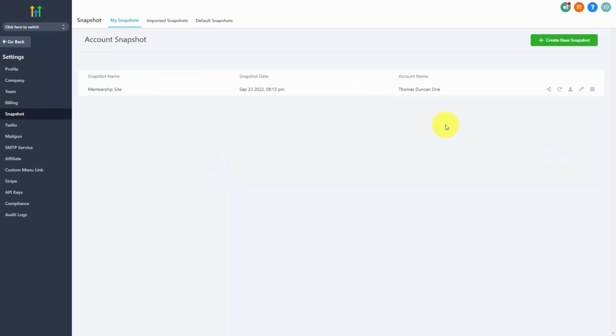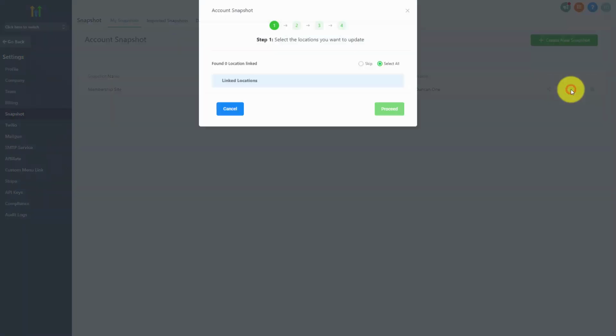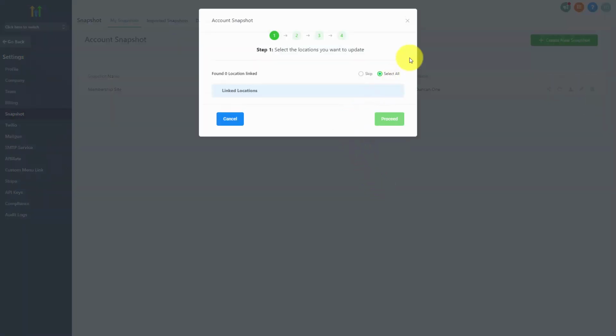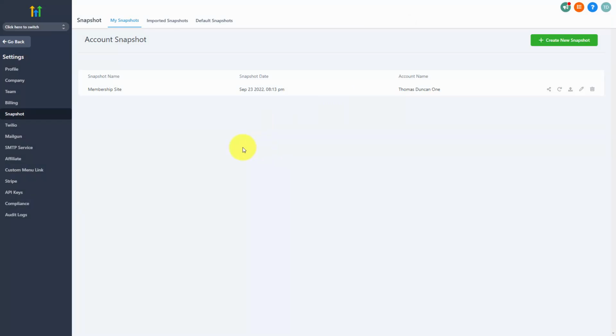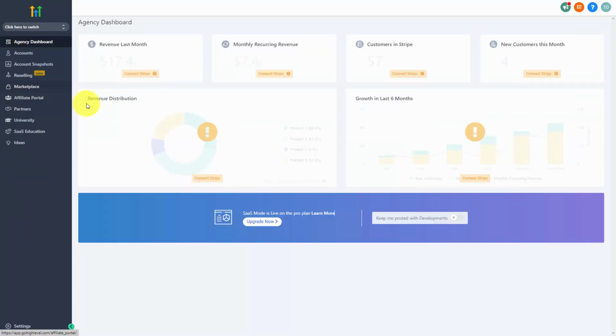So what we can now do is move this snapshot that we've just taken of our account and place it inside of our customer's account. Now you're going to see an area here that says Push and Update to Linked Accounts. But right now you do not have any linked accounts, so we're going to have to go back to our agency dashboard,